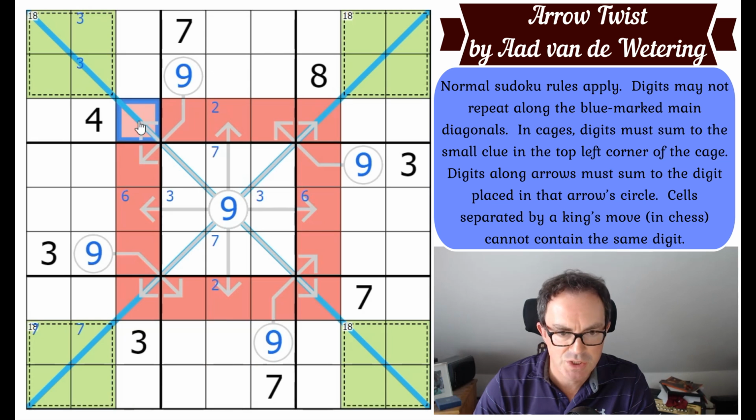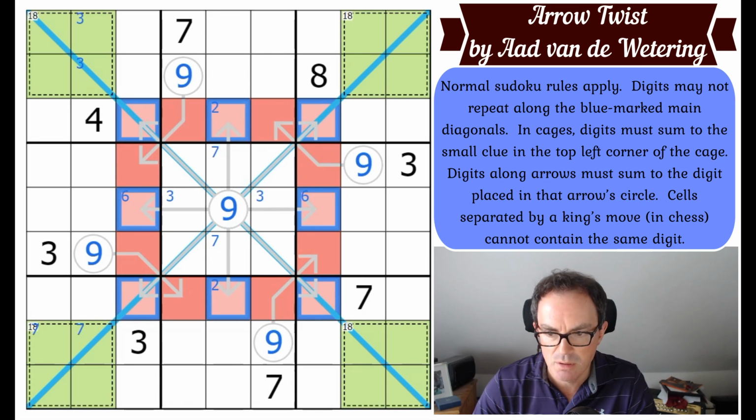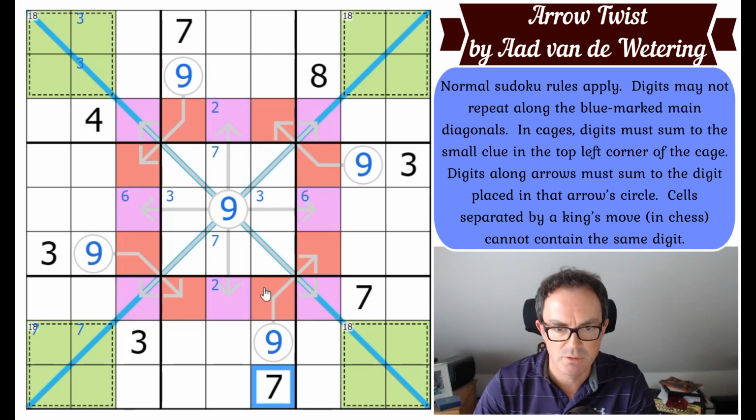I'm going to actually just change the colours of the ones on the arrows so that I can remember that these purples all have to be different. And now I'm going to do what? I'm going to...